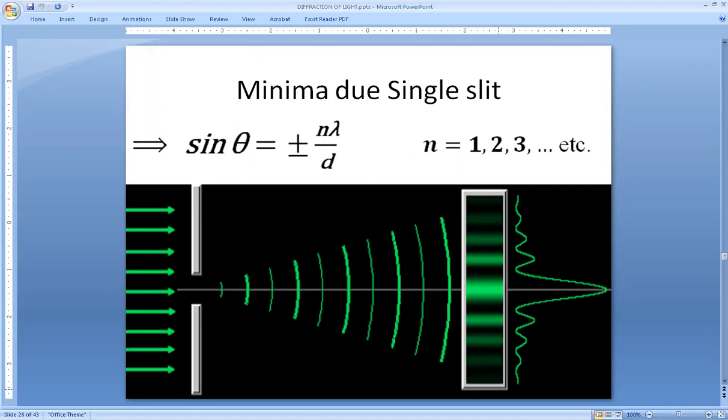In the exam, sometimes they ask, calculate the width of the principal maxima. It means you have to find out the gap between the first minima on one side and the first minima on the other side. This gap is going to be the extent of the principal maxima, the region over which it is spread out. So this completes the maxima and minima.